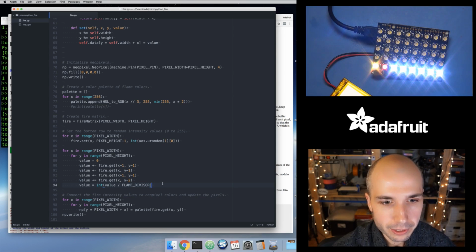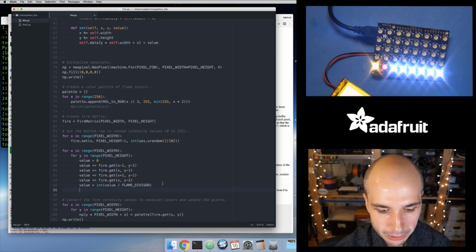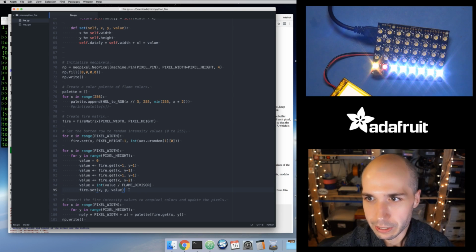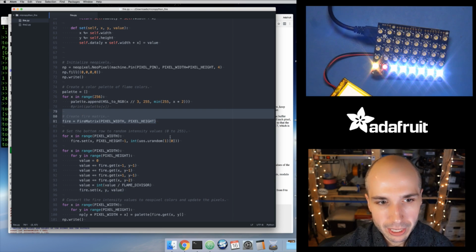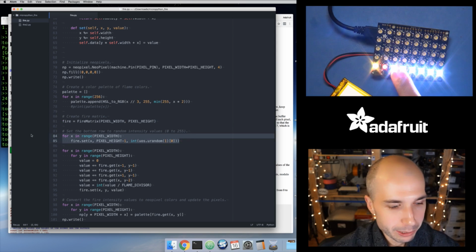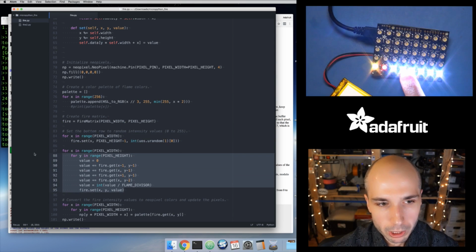Oh, and then now I want to set the pixel. So I want to do my fire.set at the XY position equals this value that I just computed right here. That's just going to go through and set each of the pixels based on the pixels around it. Again, just to summarize, we're creating that fire matrix. We're setting the bottom row to random values. Then we're just going to do one step of the